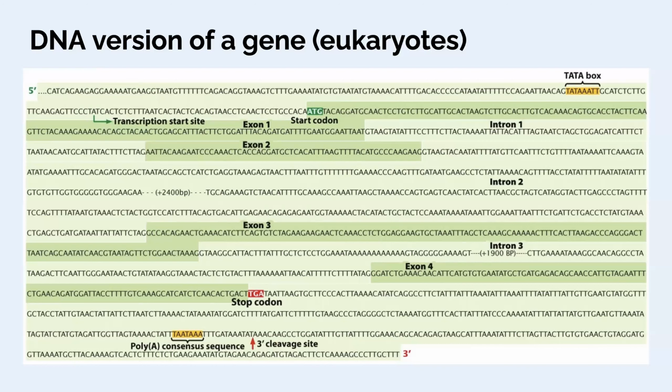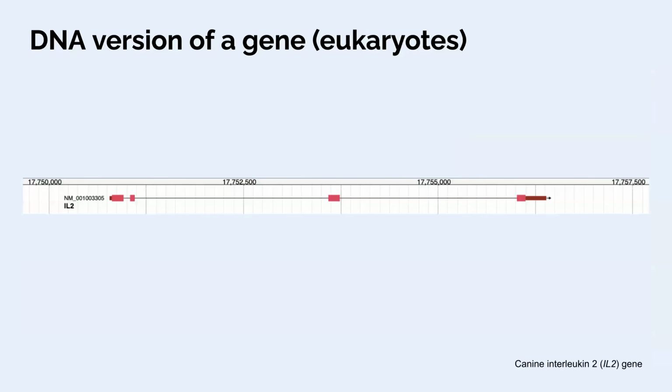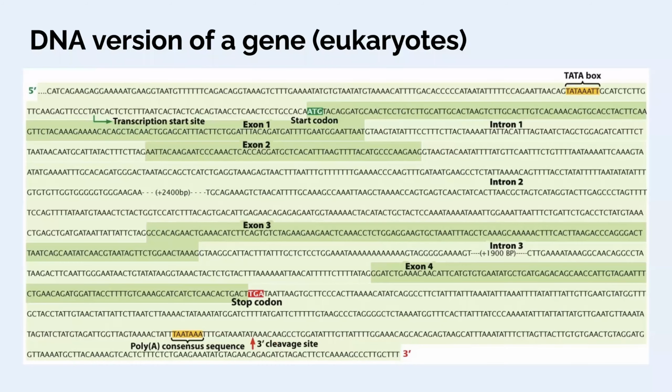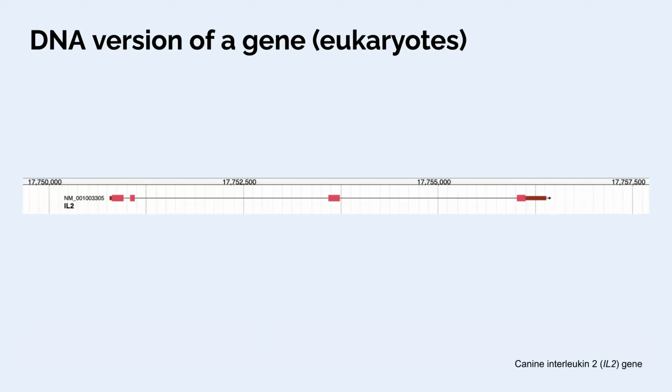So I think it's a little hard to appreciate this with lines of text that fold down. So I went and I actually did a look on the sequence here. It turns out this is a gene called IL-2, the interleukin 2. And I pulled up a canine version of this. So sometimes you can get one of these, a map of the regions of DNA. So I don't remember what chromosome this is, but we're at position 17,750,000,